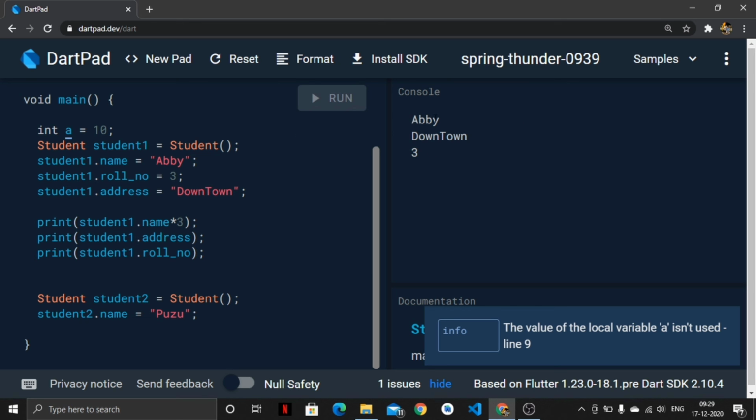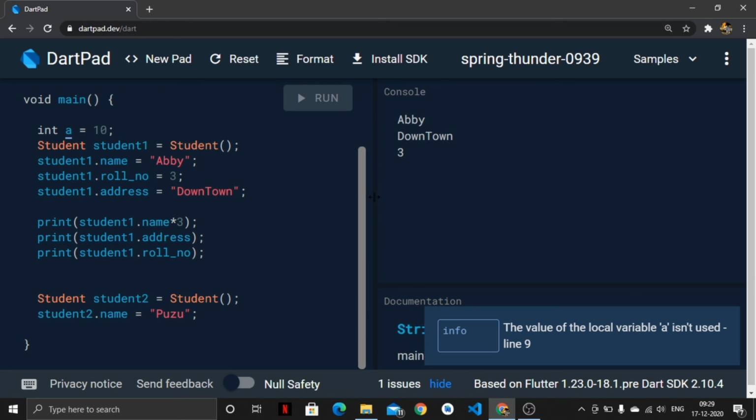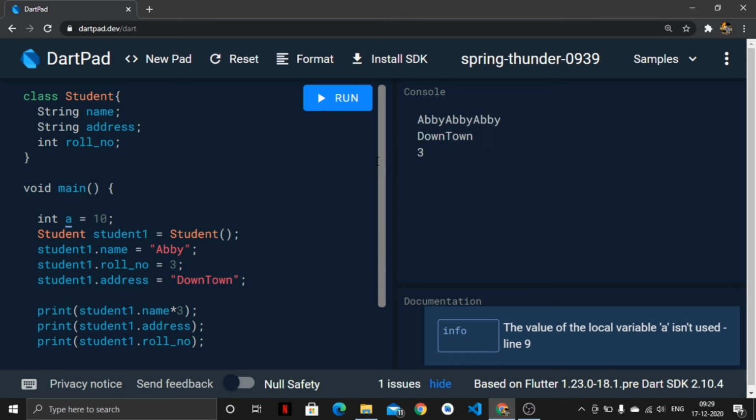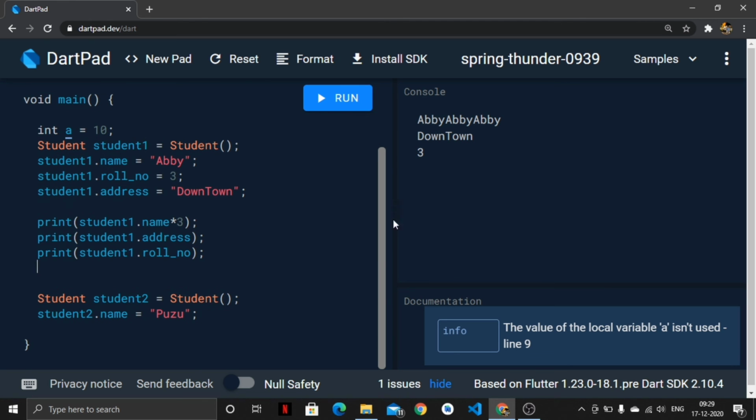Here it would be Abby. My net is lagging, low in bandwidth, so maybe that is causing DartPad to run slowly, but bear with me. Yeah, see, Abby and Abby. So we can perform any operation over this name. We can store it in our database, we can display it in our app or something like that.